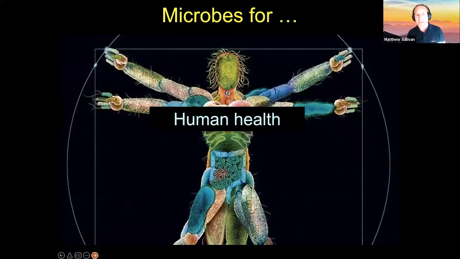So why should we study viruses and microbes? Viruses usually are not that interesting to most people, although in the midst of a pandemic, we're newly recognizing the importance of viruses. But viruses are actually critical players because of who they infect. And so if we start in the human body, you have as many microbial cells as you have human cells, and there are viruses which impact them.